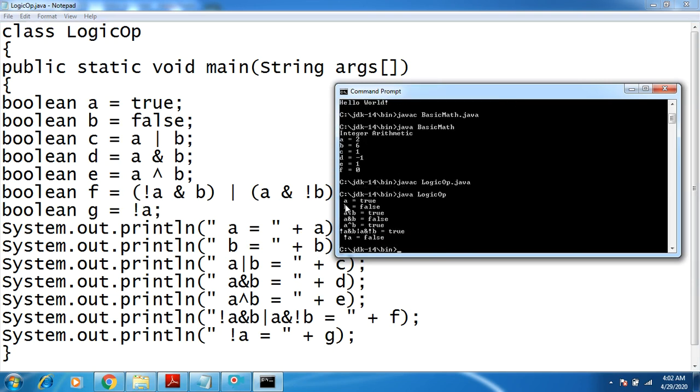Now if you can see the output, the initial value of a is true, the initial value of b is false, a or b is true, a and b is false, a XOR b is true. Then there is some expression we have used, it's true, and the negation of a is false. So this is the usage of logical as well as bitwise operators in the program on boolean type of data.